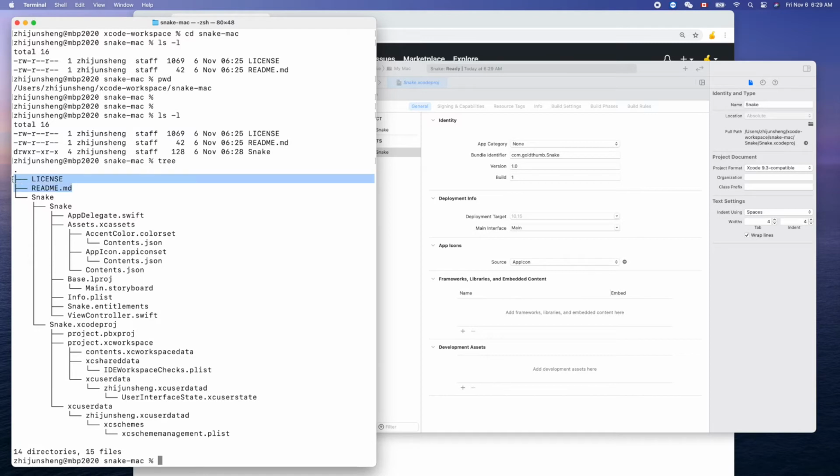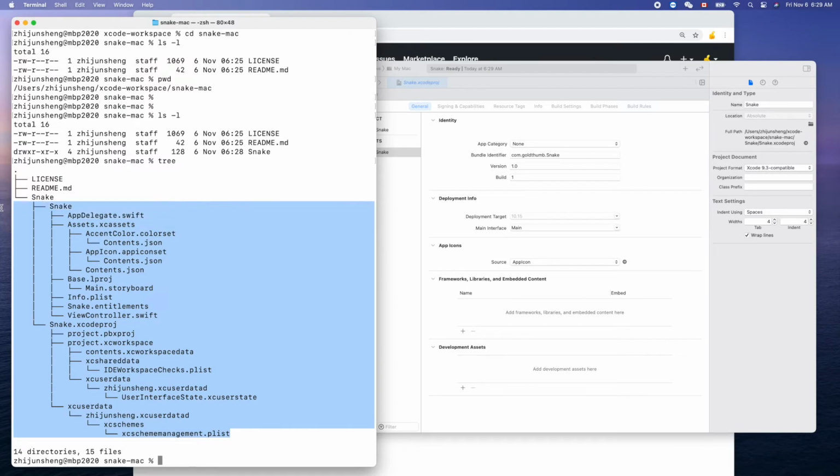This is the top level old file, and everything under this directory is newly created, right? So under the snake Xcode, it created another snake directory, and this